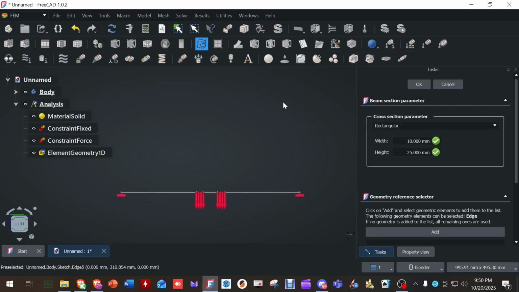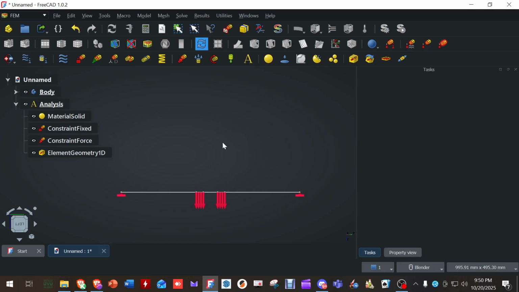So we're going to click that, and we're going to go from rectangular to circular, and it's 8 millimeter diameter. That's all you've got to do. Then you can hit OK, and then it's going to do the same math. It's going to do very similar math, but across an entire